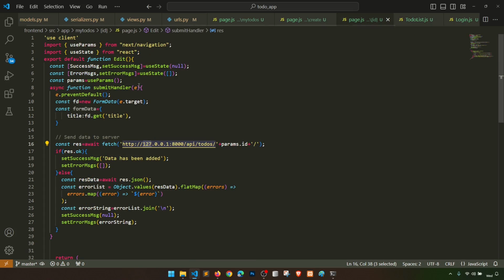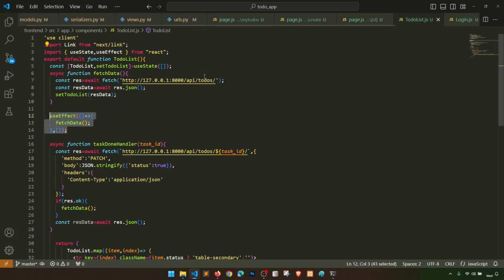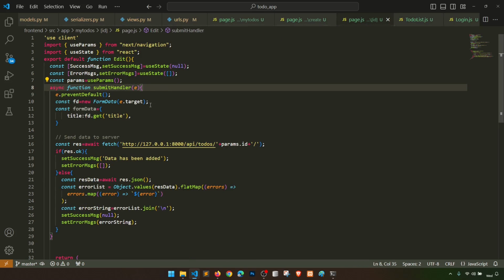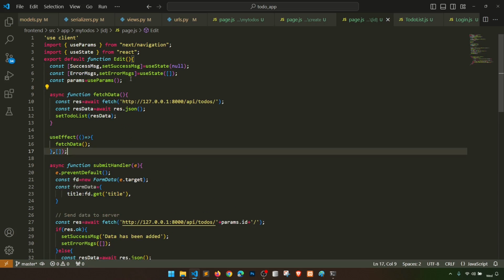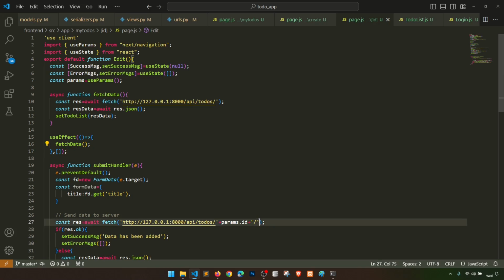Where is this? This is submit handler actually, but what we need is a simple function. So this is the function, submit handler. We will do that later, but let's fetch here. Let's paste this. So the fetch data will be here,